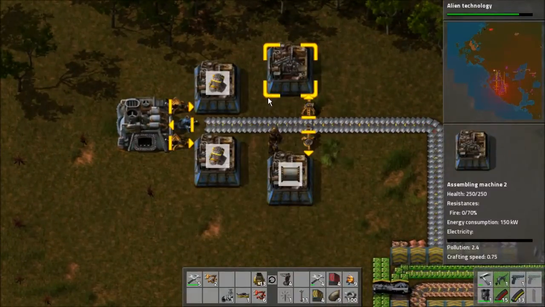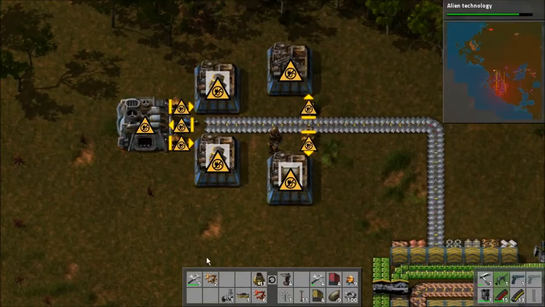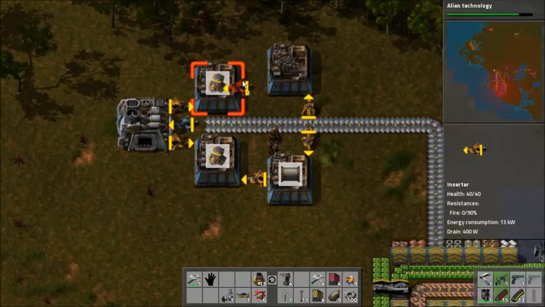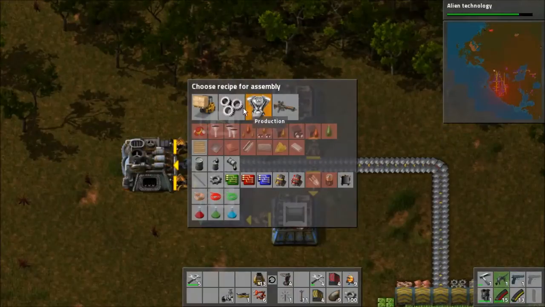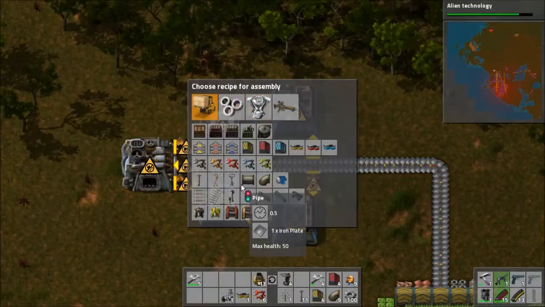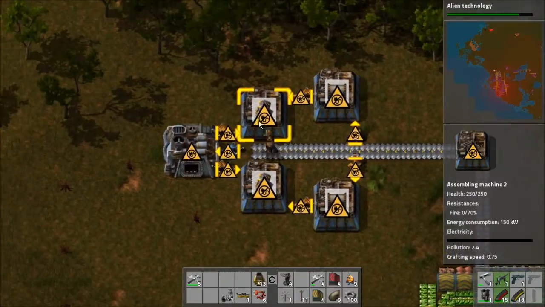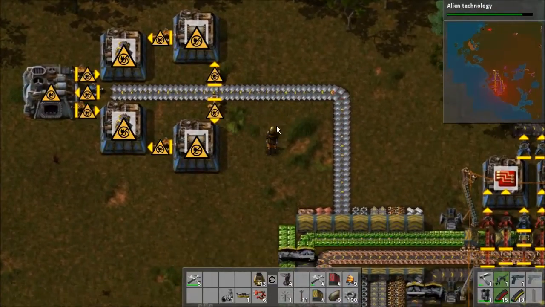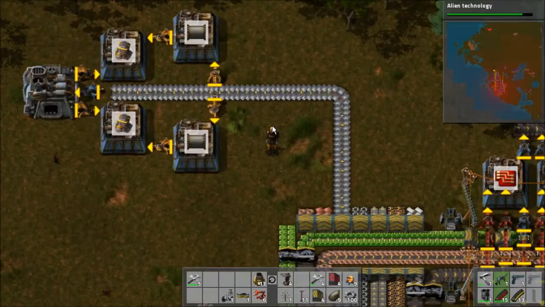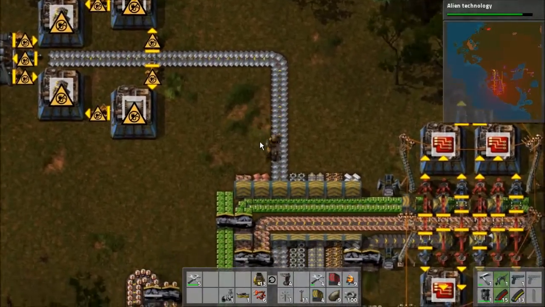So I need to find a way to get the iron gear wheels in here. So let's see. These need to be tossed over here. That's the whole reason I did this. Because these need to make the pipes for me. There we go. Pipe, pipe, pipe. And those are pulling those in, so that's good. These only need the iron gear wheels. I could just make my own iron gear wheels here. That would kind of get the job done. But I think what we're going to do instead is we are going to...